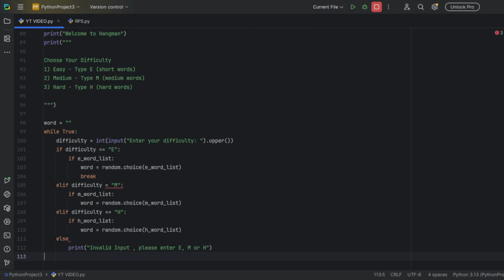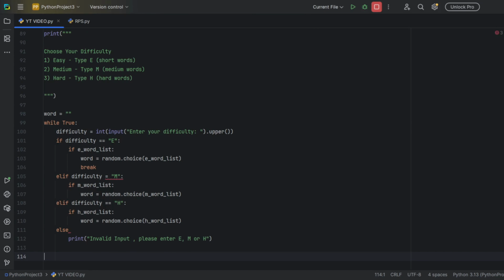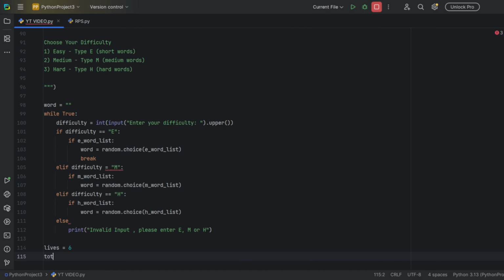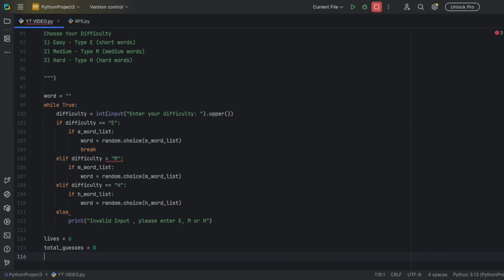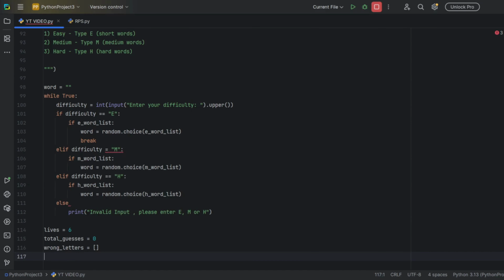Now we'll start declaring our main variables. So normally in a Hangman game, we can only have 6 lives. And we let the total guesses be equal to 0 because the user did not guess a single time yet. Total guess is equal to 0. Then wrong letters is equal to a list, and display word